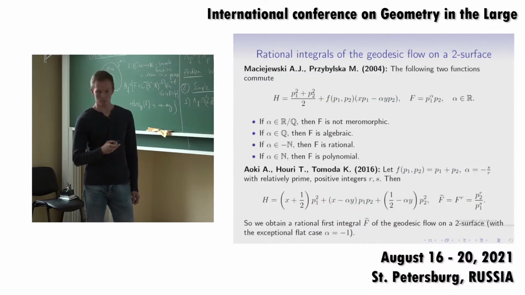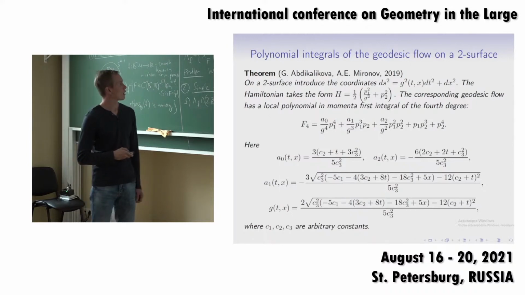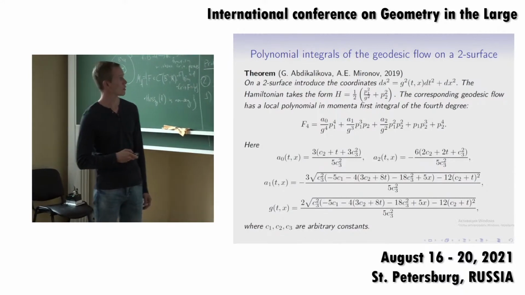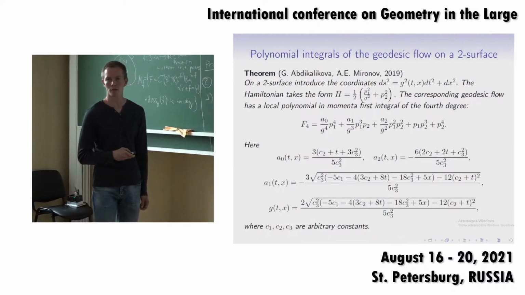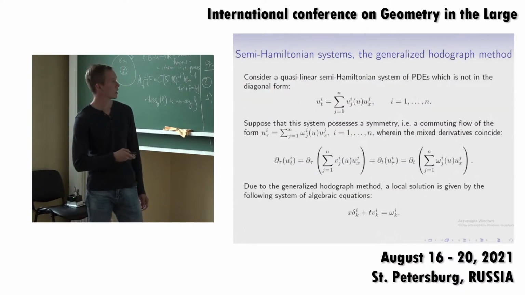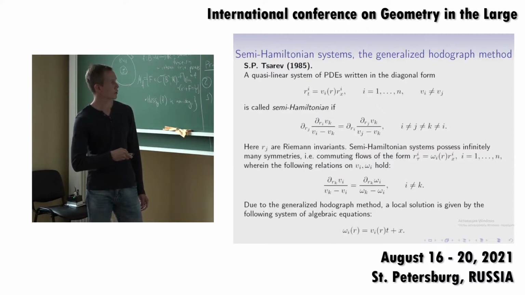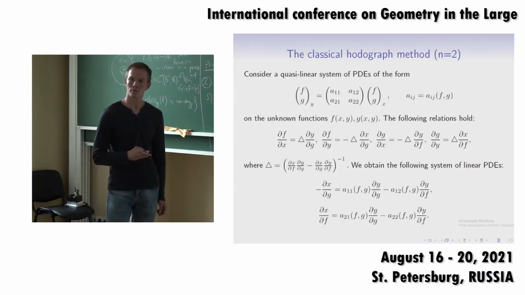Okay. Is this on a torus? No way, no chance to construct it on the torus. The coefficients are of course not periodic. What surface is it? I guess this is just a plane with maybe... Oh yeah, it's local. Yeah, sure. These solutions which are produced by hodograph methods are almost always local, of course, since we have to solve such algebraic equations, we have to invert functions, just as in the usual hodograph method we invert functions. Can one see that it doesn't reduce to degree 1, for example?